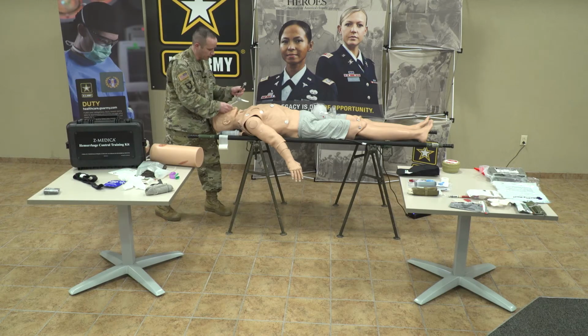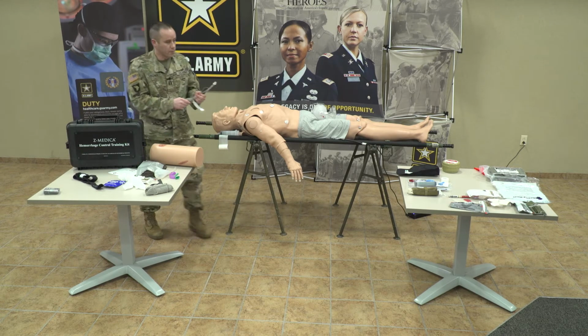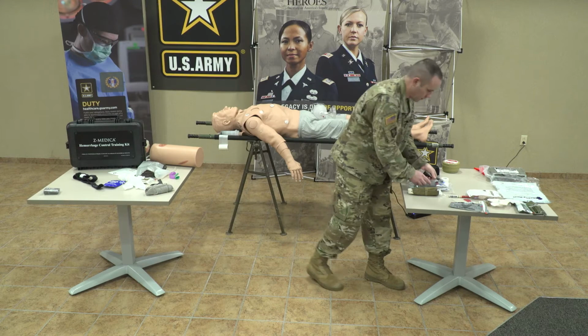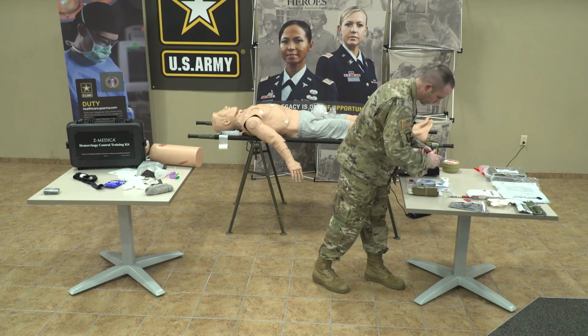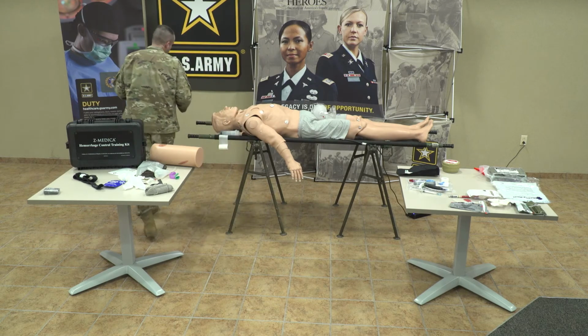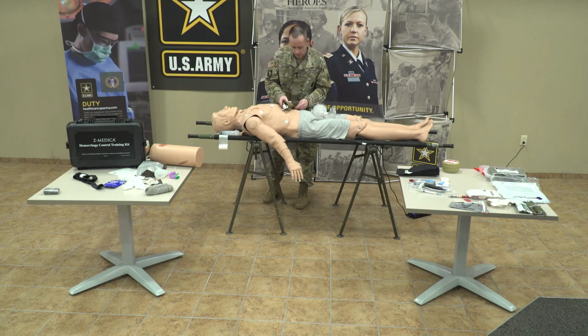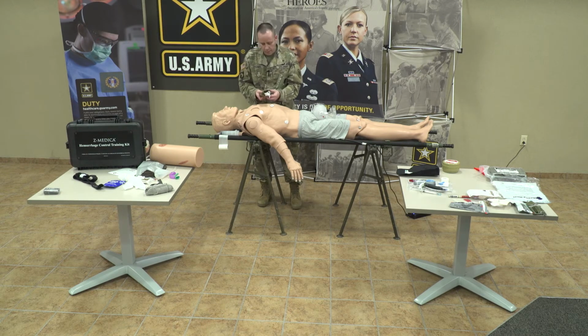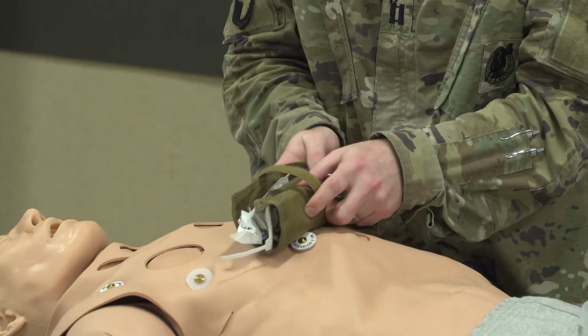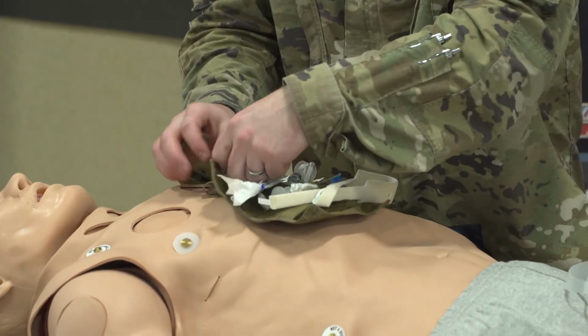So it's a fun skill to practice. It takes a long time to actually master that skill. That's why we have these other interventions that are available to us. And it's a little bit more tricky to do on a mannequin itself. So then the next skill that we can talk about, something that's used more commonly in the military setting. So we've really innovated its use, particularly in the case when you have massive facial trauma, is the